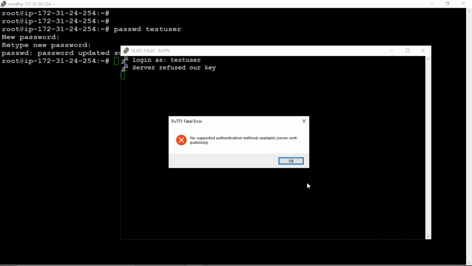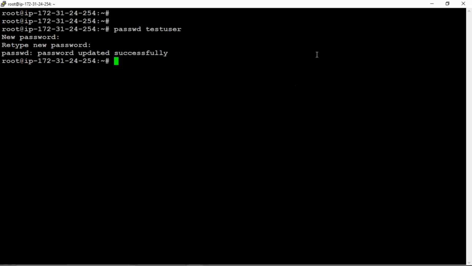By default all the users have password authentication as no. We have to change that permission from the root mode. Got it? I'm just closing this one.